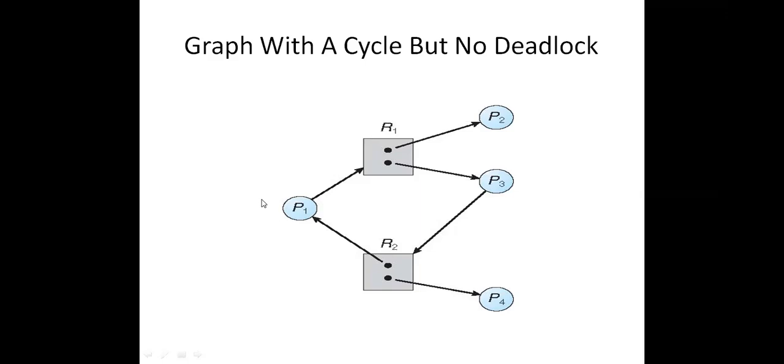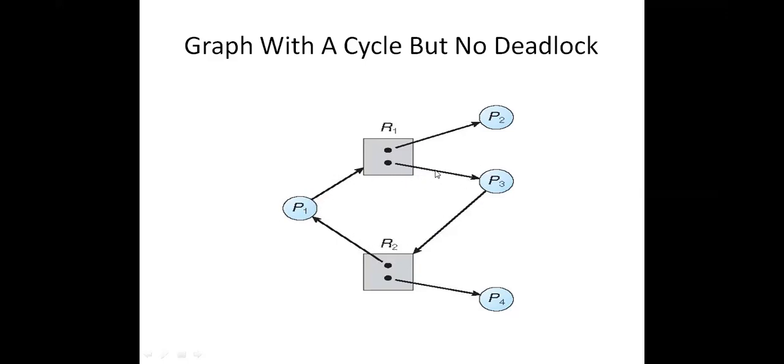And next, a graph with a cycle but no deadlock. Observe here, there are two types of resources. One resource is assigned to P2. We don't need to worry about this one. Carefully observe here, follow the cursor. P1 is waiting for a resource and it is allocated to P3. That means P1 is waiting for P3. And next P3 is waiting for the resource R2 and it is assigned to P1. Here there is a cycle, but there is no deadlock.